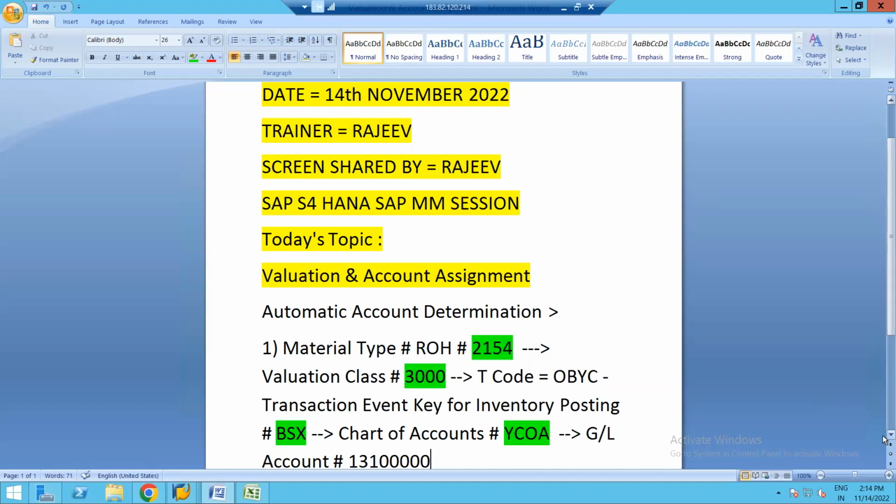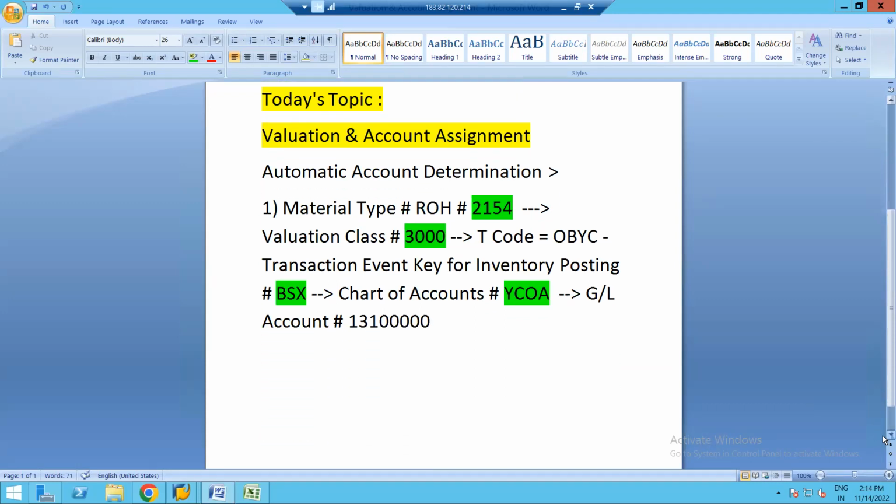Okay, hope everyone is able to link the message I'm trying to deliver: how the material type is linked with the valuation class, that is 3000, and then in the transaction OBYC under the BSX transaction event key, which is the standard transaction event key, this is linked with the chart of account, and further this particular valuation class is linked with the GL account. And let me just mention one more thing over here, that is